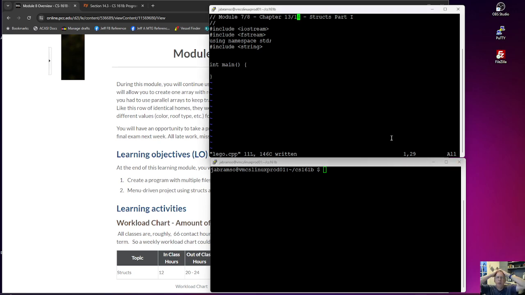All right, so what we're going to do today in this video is we're going to build up a simple database. And so we're going to use an array of structs here. Okay, and I'm going to use Lego sets as my example here. Yeah, I'm a long-time collector, and I made a list of some of my favorite sets here. Okay, so let me show you what that